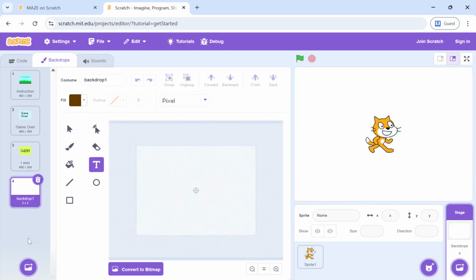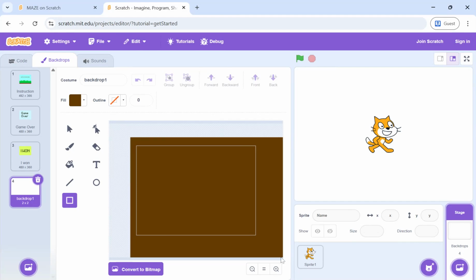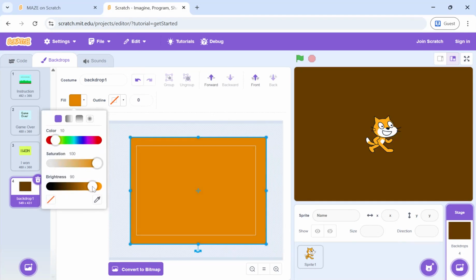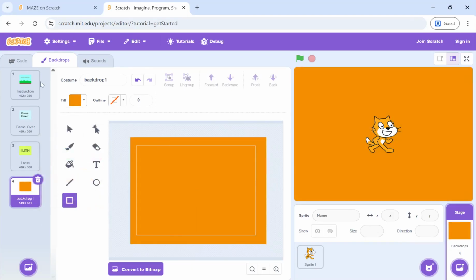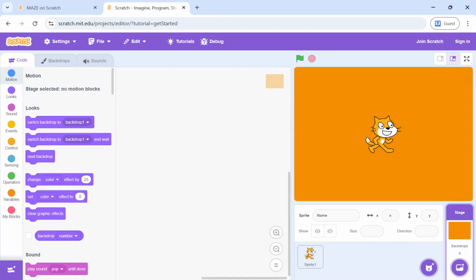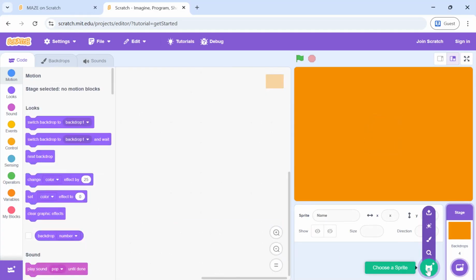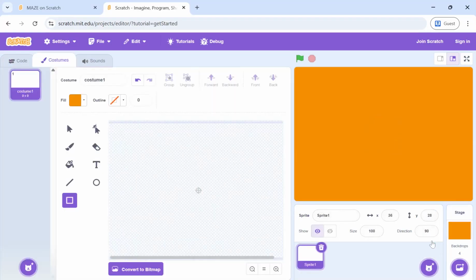So I click on the backdrop. Either I can make a backdrop or I can also make a sprite for my maze. I'm going to be using a blank backdrop, but I'll paint a sprite because there the functionality becomes very easy. So let's say I have this backdrop and I'll paint a sprite now. I'll delete this one. I don't need this sprite. The first sprite I'm going to paint is the maze. So I'll make an easy maze today.